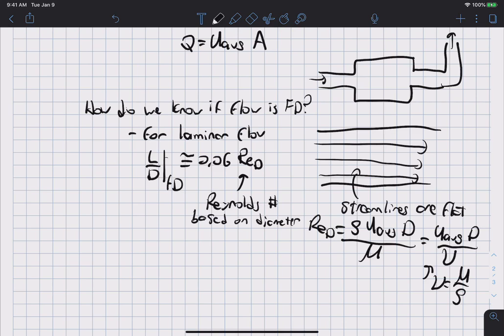And so essentially, since we are assuming fully developed flow for this class, the analysis we are going to use is really inaccurate if you have a very short, stubby little pipe. So say we're draining a tank, and we have a very short, stubby little pipe here, where L over D is much, much less than 0.06 Re_D. It is not fully developed,